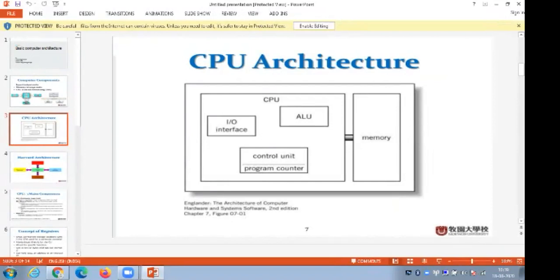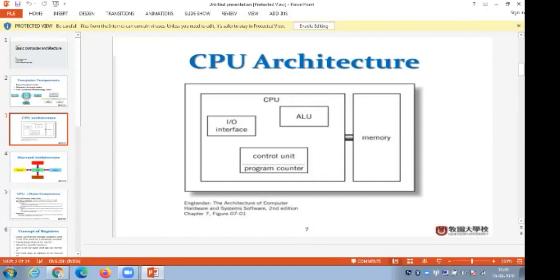Arithmetic logic unit means the arithmetical and logical operations are done in an arithmetic logical unit. So this is a memory, about which there is a lot to know, which I will explain later. As far as you know about the memory, it is nothing but a place where we store the given data, and then we can retrieve the data from the memory.